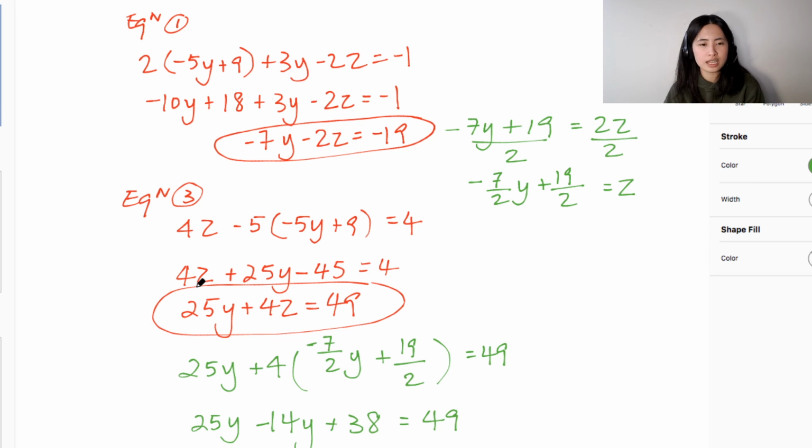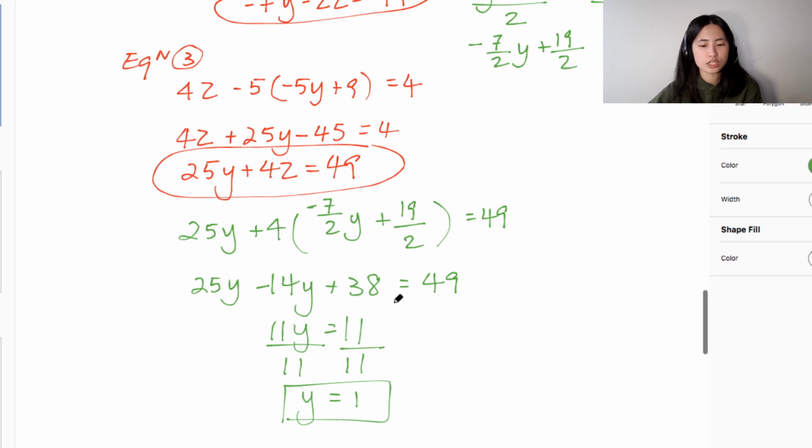But what I've done, since we want to apply substitution throughout, right? The only reason why I don't want to use substitution here is because you deal with fractions. So that's why. But then again, we want to be able to substitute throughout our way. For this question, therefore, we're going to isolate just z, and because I know that I'm substituting z from this equation, I'm taking z, I'm plugging that into my other equation so that I can just solve for y,